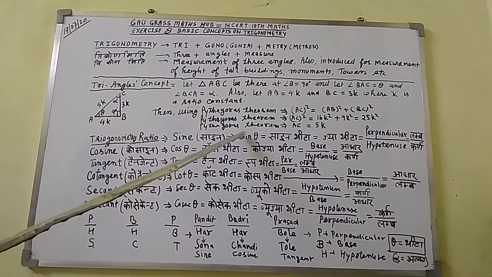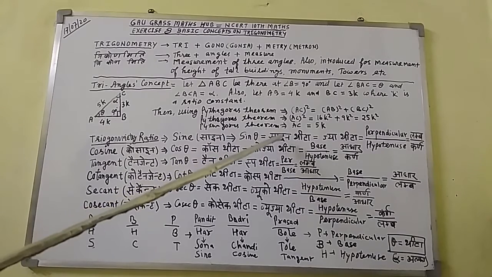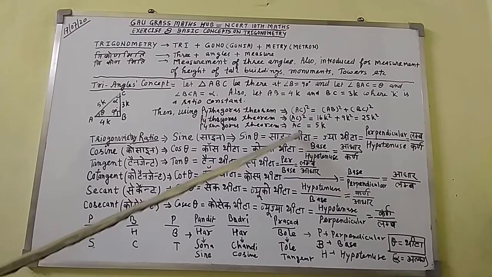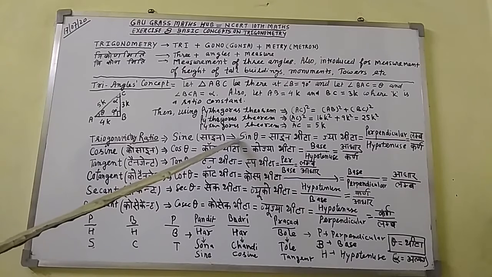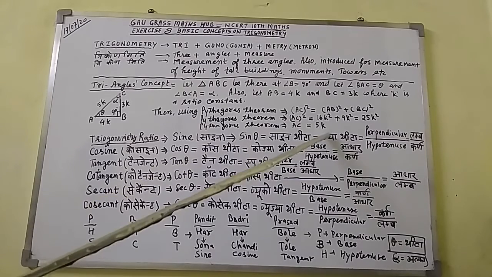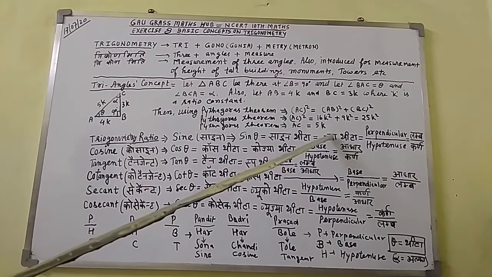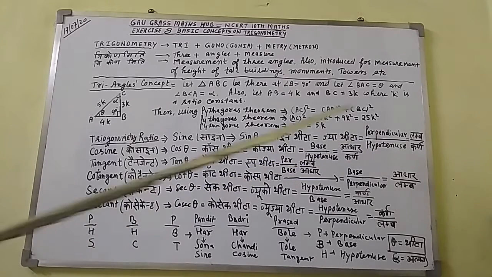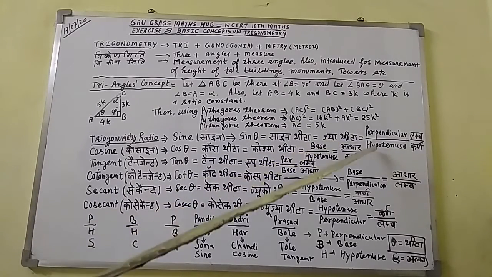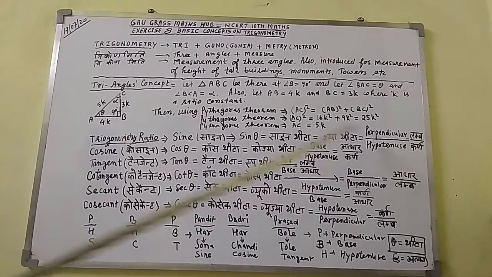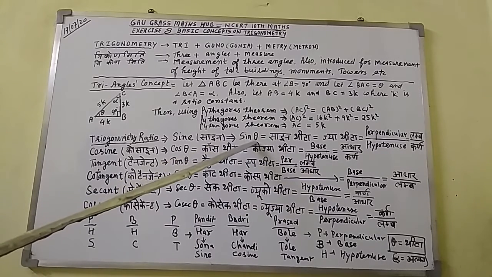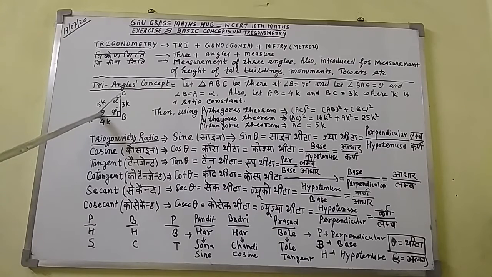That's why I have written theta here. Sine theta is equal to perpendicular upon hypotenuse. If you take theta as the angle here, in this case